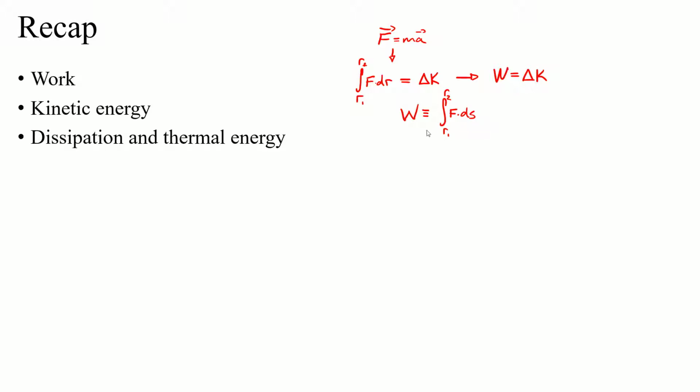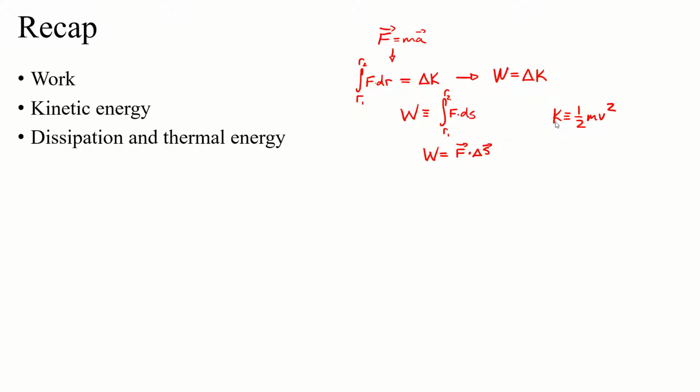ds. We went on with this and said, well, if we're looking at a constant force, F, it can come out of the integral. And for constant forces, we had just that the work was equal to the force dotted with whatever that displacement was. Sorry, I switched from R to S here. And we talked about how to take dot products and do all of that. And we had also defined our kinetic energy as 1/2 the mass of the object times the speed squared. So we looked at that, and that was all well and good.